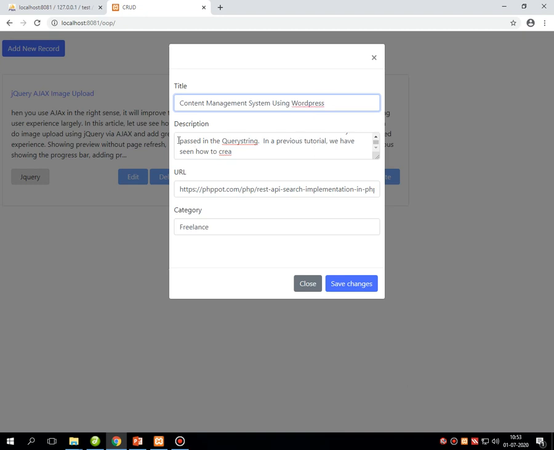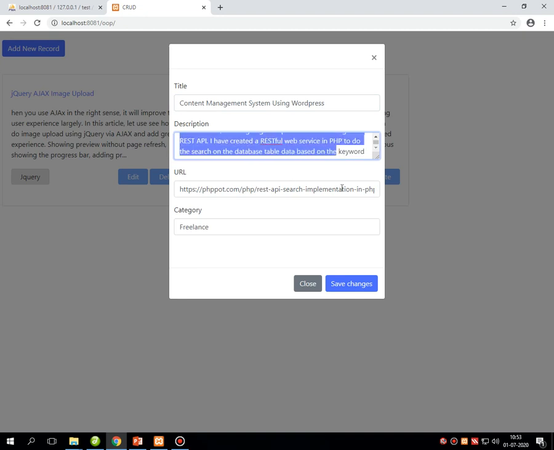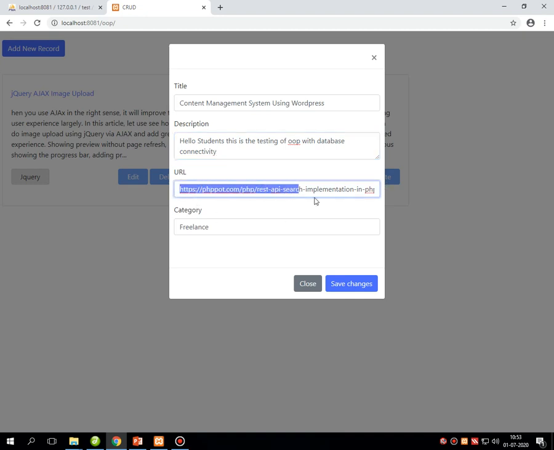This is my title, and as a description, suppose I am giving a description like, hello students, this is the testing of OOP with database connectivity. I don't want any URL, so I am removing this, and as a category I am writing the subject code called CS16. Many changes I have done, as you can see on the screen.